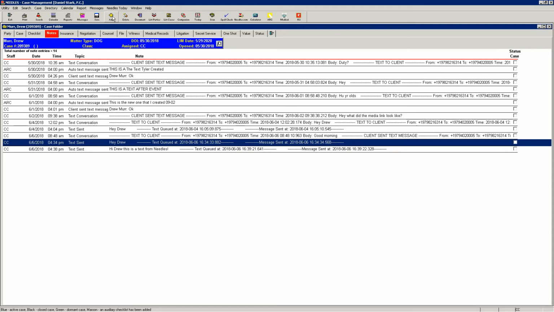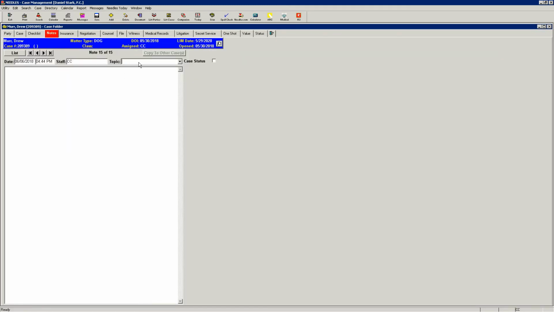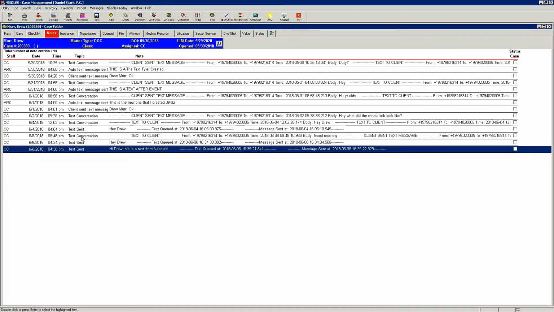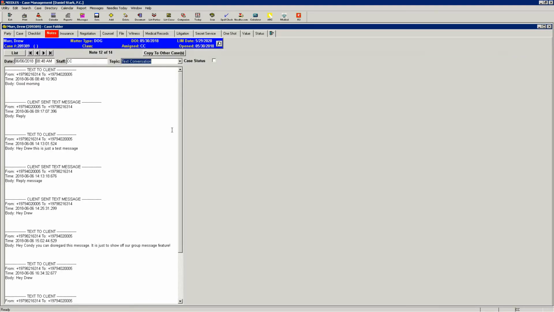So as you can see, sending text messages is as easy as adding a note to the case, and receiving text messages is as easy as looking at your notes table and going to the text conversation. If you're interested in receiving email notifications about the messages which are received on your cases, please look into our